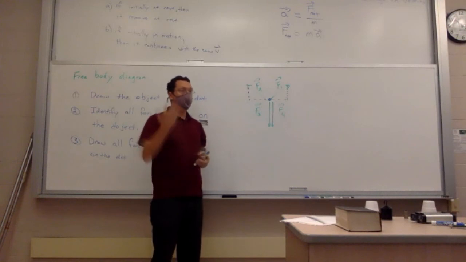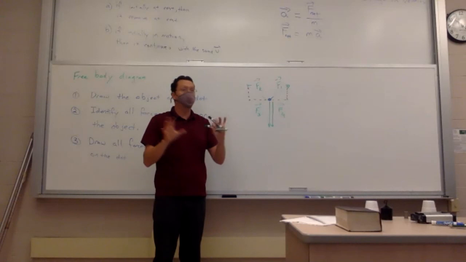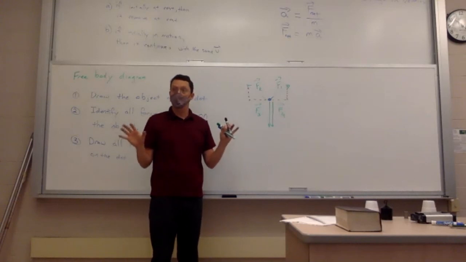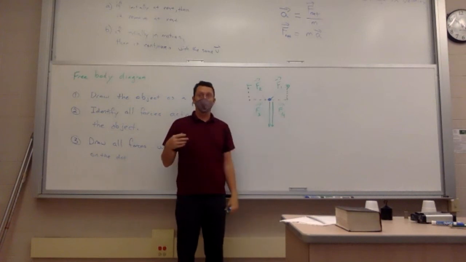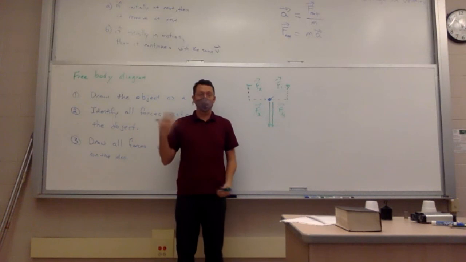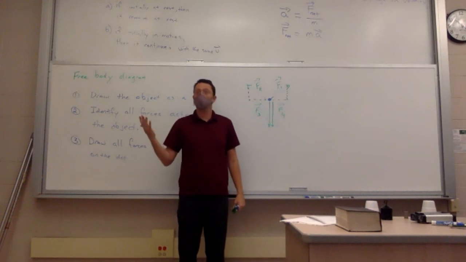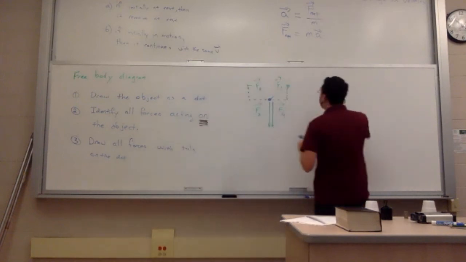Okay, so step 1 is to draw it. Step 2 is trigonometry. Get everything in component form. And even if you can't come up with a numerical value, write it using sines and cosines. It might just be a symbolic expression, but so what? That's what it is. All right?